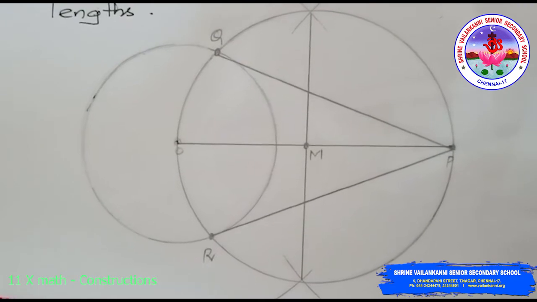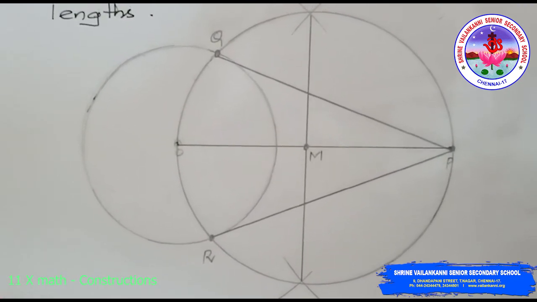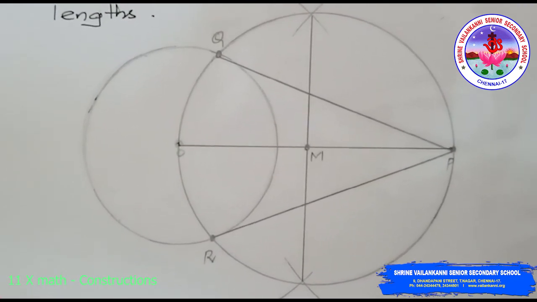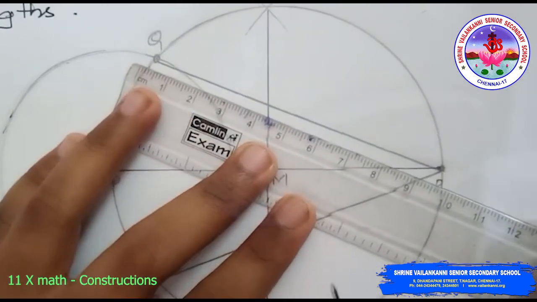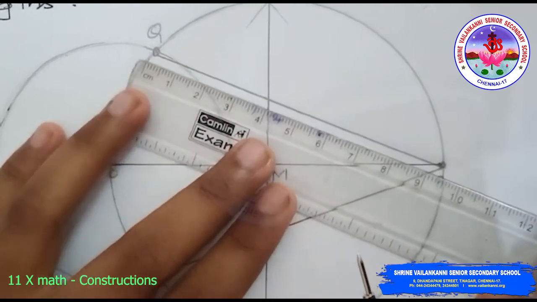These are my tangents, PQ and PR, and they touch the circle at the points Q and R. Now measure the length of the tangents PQ and